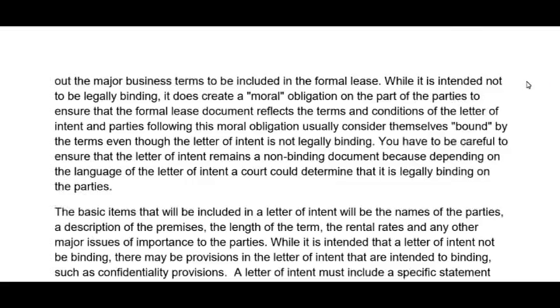Parties following this moral obligation usually consider themselves bound by the terms, even though the letter of intent is not legally binding. You have to be careful to ensure that the letter of intent remains a non-binding document, because, depending on the language of the letter of intent, a court could determine that it is legally binding on the